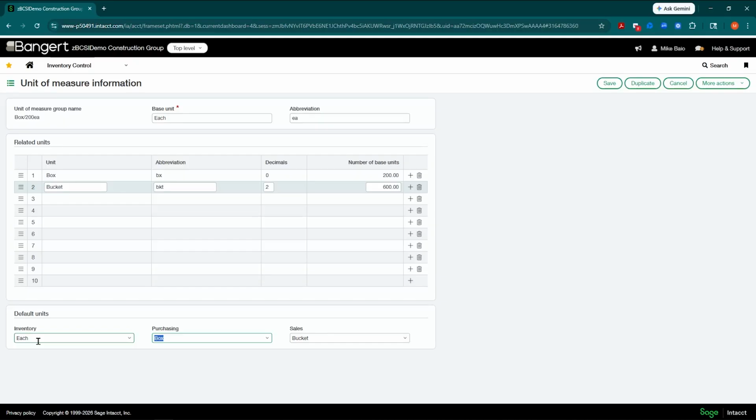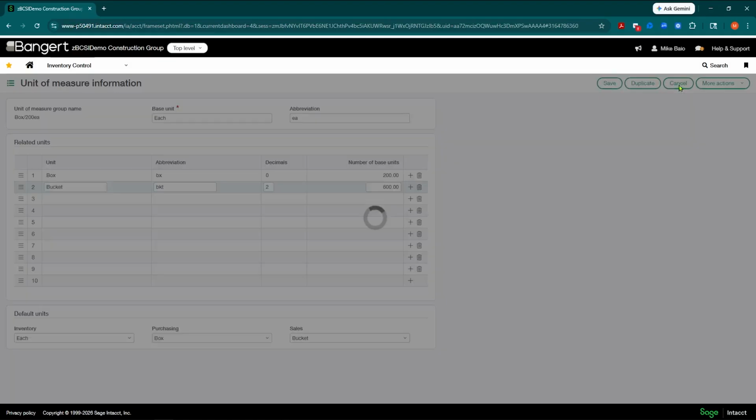I might have half a box. I might dump them all into one bin. I just want to grab them by the each. So you can see here for inventory, I'm storing them by the each. And then maybe I do some resell on these items. So when I sell them to customers, I'm going to distribute them in a different container, and it's going to be a bucket. So I'm going to sell them by the bucket. So you can default your units here in your configuration so that when we're going through the workflow, you'll see these pre-fill accordingly.